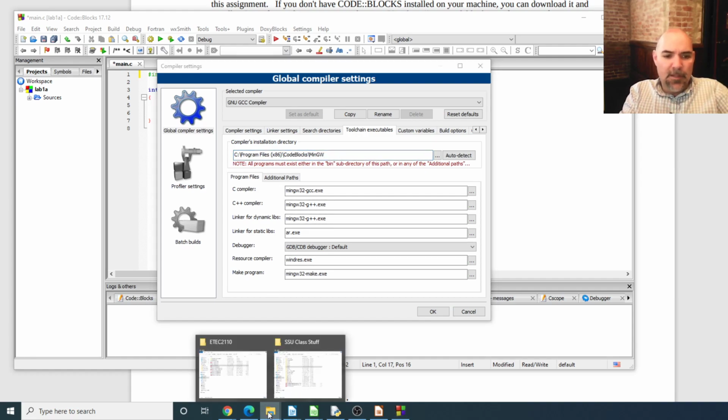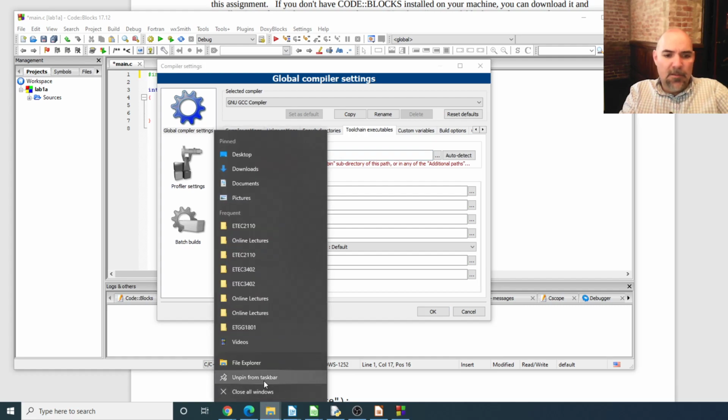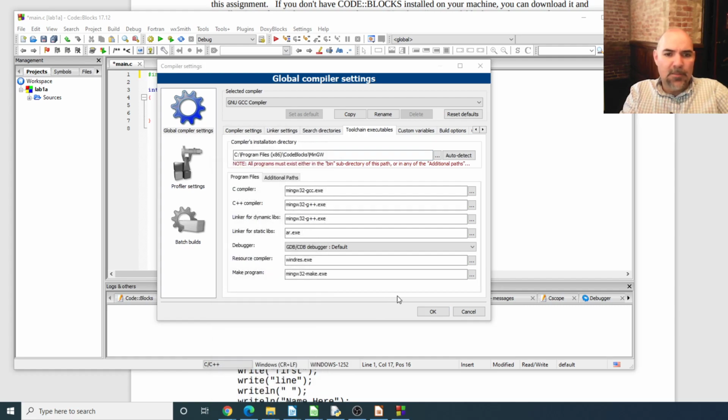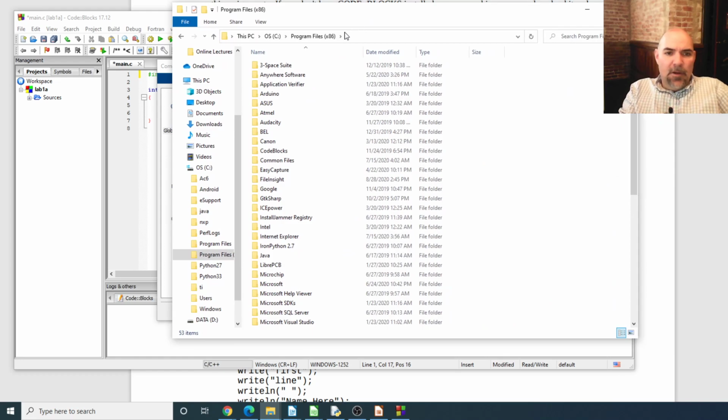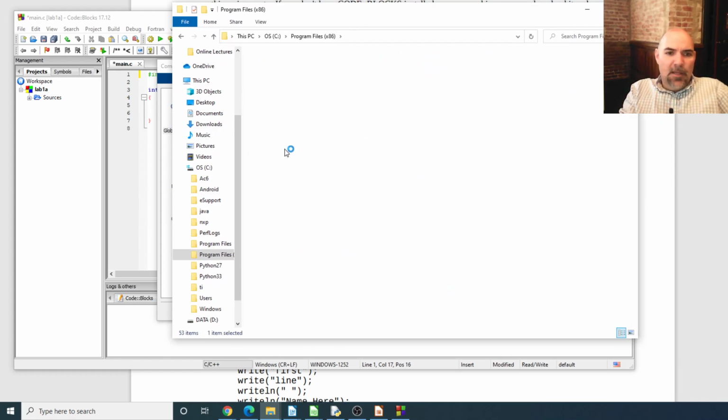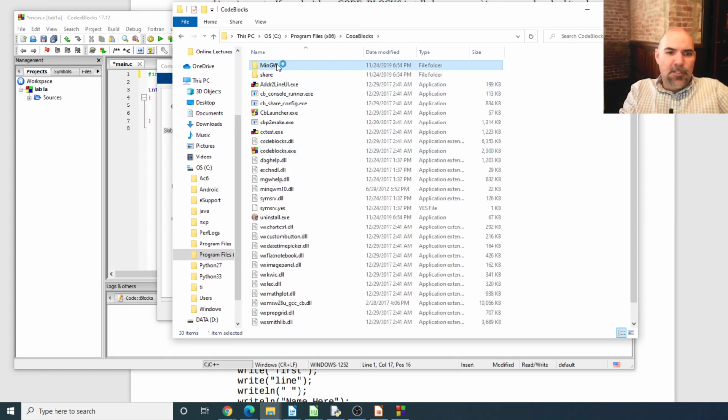Let me just bring up a file explorer and we'll try to go to that. Oops. So, I'm on the wrong window, so you can't see what I'm doing here. I'm in program files x86. I'm going to go into code blocks, and then inside of there's this MinGW directory, and then